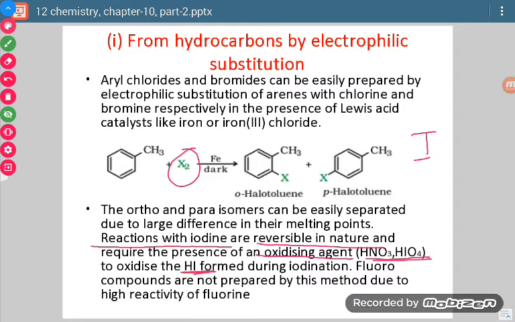just like in case of Cl2 or Br2 there was formation of HCl or HBr, similarly in case of I2 there will be formation of HI. So that HI should be oxidized during this process. So iodo product can also be prepared when we use iodine in the presence of this